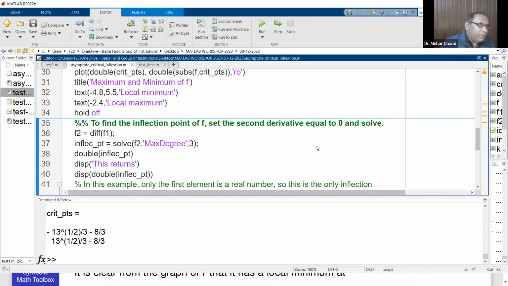Anyone? Can you please tell me about point of inflection? Point where the function changes the concavity. Change the continuity. So not the concavity. For example,